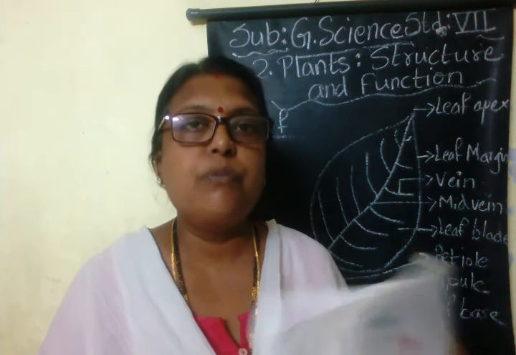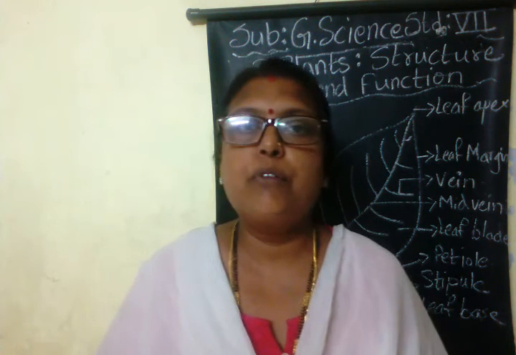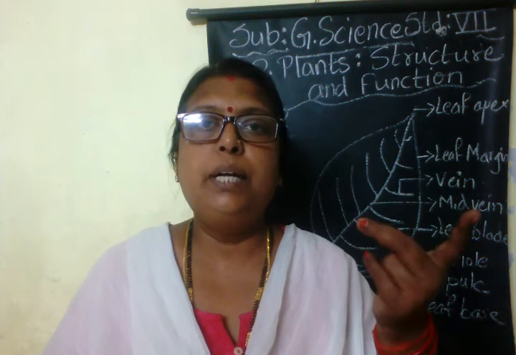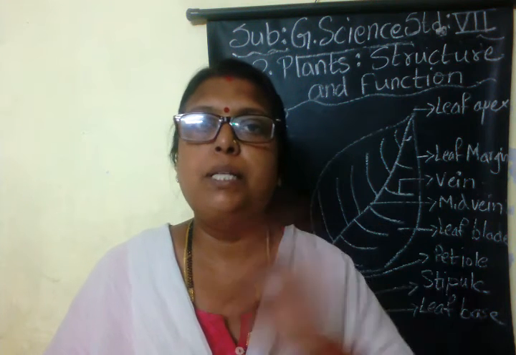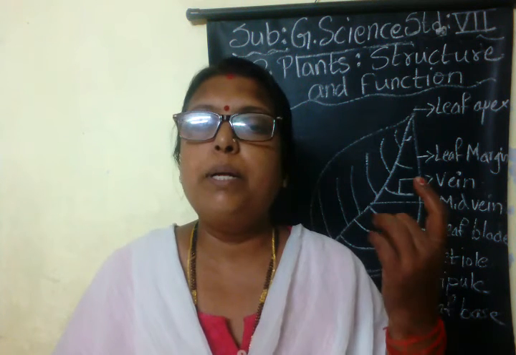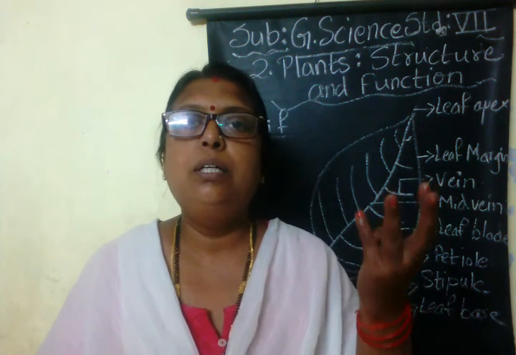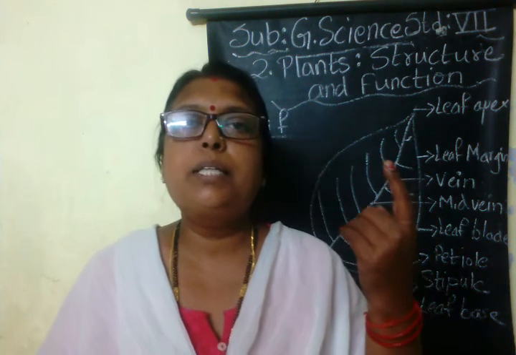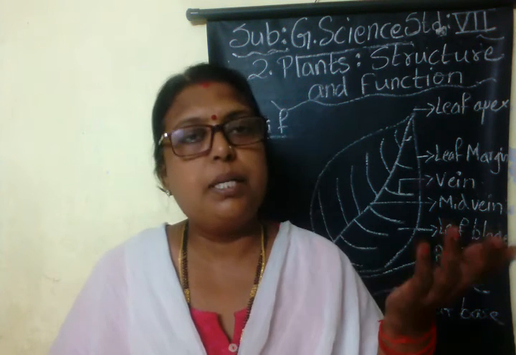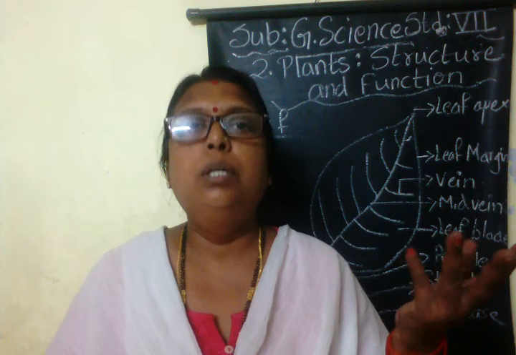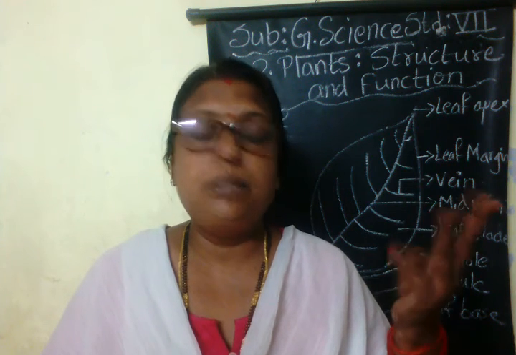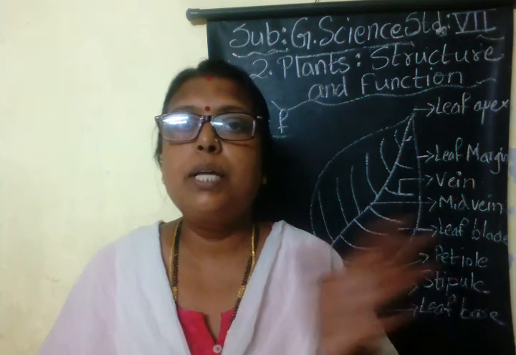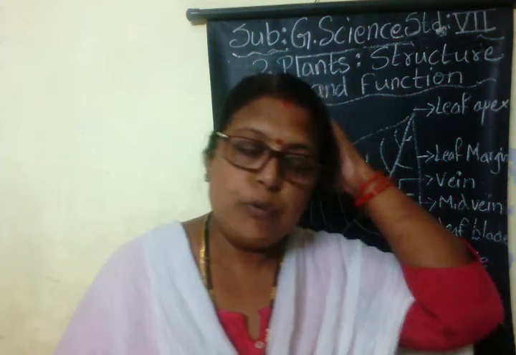So next part is fruit. Now you know, we have studied from our lower standard, fruits are divided into two types: single seeded fruit and many seeded fruit. Single seeded fruit examples are like lychee, jamun, cashew nut, right? So these are all examples of single seeded. And many seeded, if you say, many are there: jackfruit, watermelon. So these are all the examples of many seeded fruits.